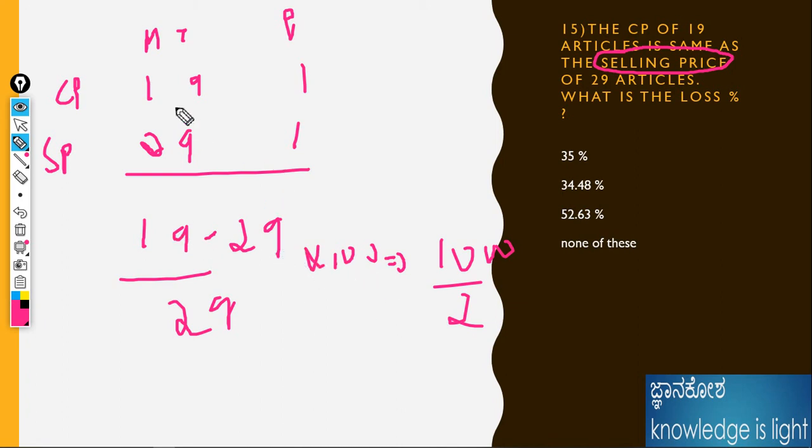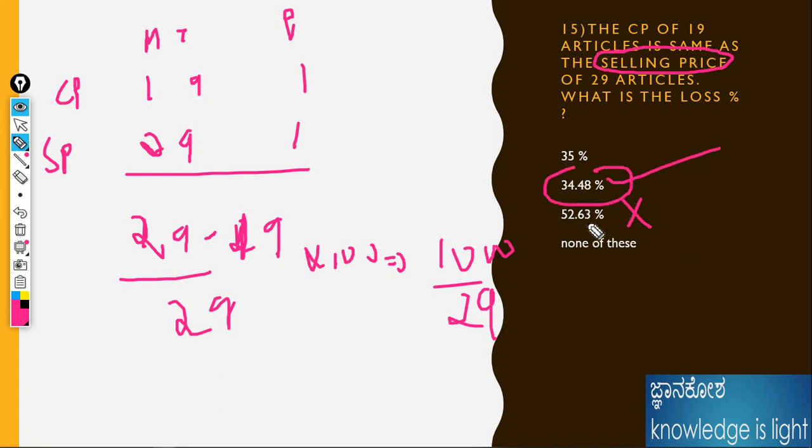Initially we need 29 by 19. Therefore 1000 by 29. What should be the answer? 29 twos are 58, not at all possible. 29 threes are 87, okay, it's possible. 5 is not coming. Please use the option method. Then whatever the remainder remains, 87 means 13 is coming. If I multiply with 5, it is not possible. Then 34.48 is the possible answer for this question.